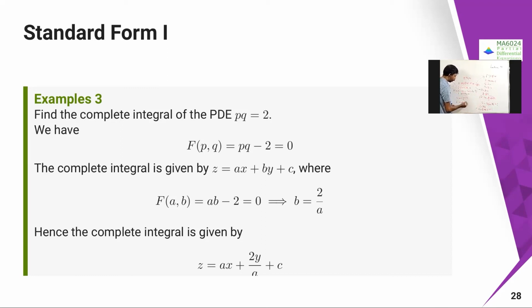So therefore what you are going to get is that this is going to be some psi dash of a. Now what you got to do is replace this one as psi of a. Now solve these two equations for a, then you are going to get the answers for psi of a, and you substitute over here, that is going to be the general integral. Okay, so one more problem.